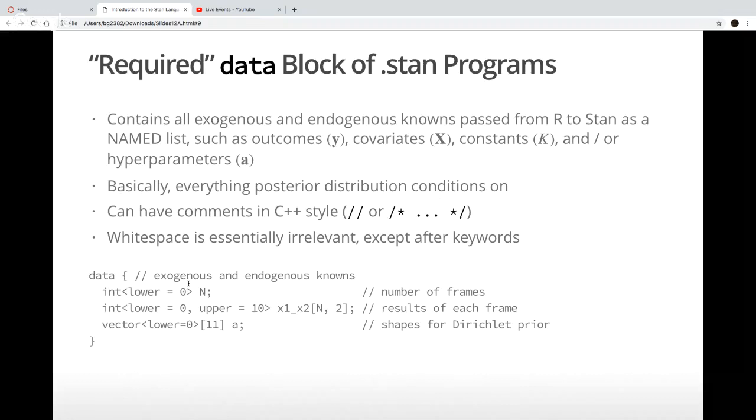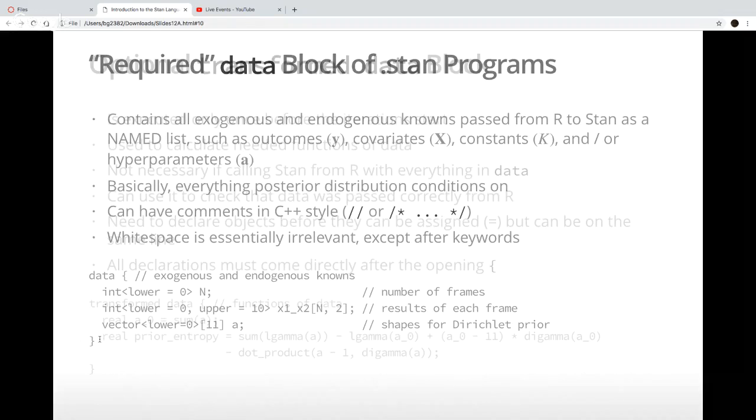Also, technically, 0 is a valid value for A. So when you say lower bound, it's like lower than or equal to, and same with upper. Anyway, these have their curly braces, and that defines the data block of the things we're going to condition on when utilizing Bayes' rule for this program that we're going to build up piece by piece. Questions about the data block?